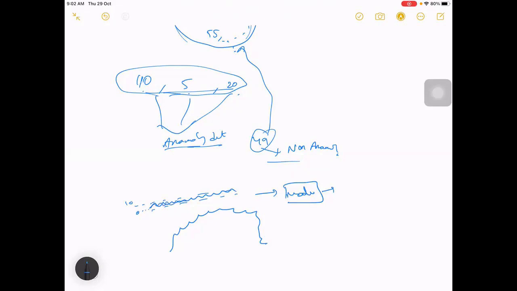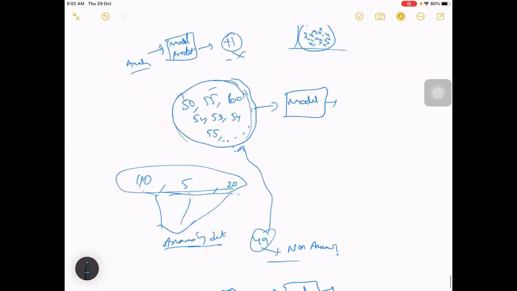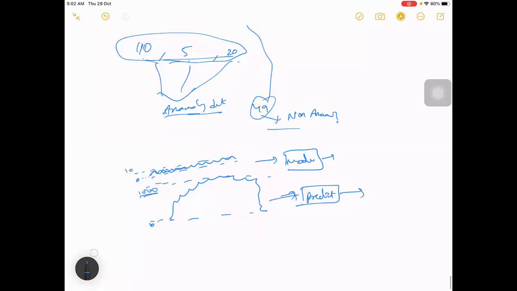And now what you give to the model for prediction is this. Here your range of values is wide, right? From 10 it is going to something like 1000. Okay, so obviously this is going out of the training data range, so it will detect it as an anomaly.